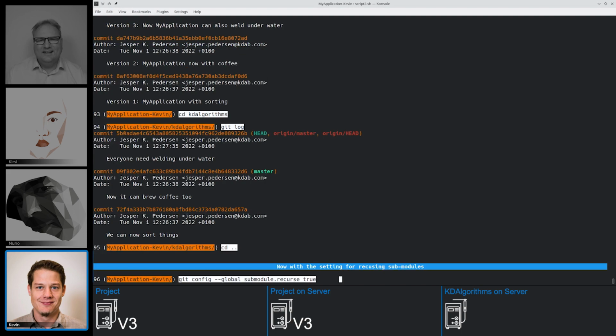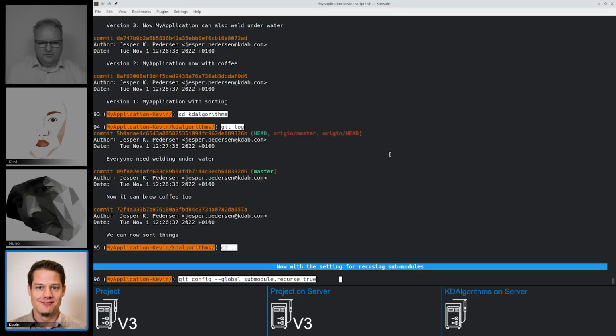Okay, all 3 versions. That is good too. So there was a flag, submodule.recurse, that we had on just a few commits ago, and I took it off when I showed you this message here. Will that solve it for us? Yes, it will. We need another flag set too to avoid some problems.